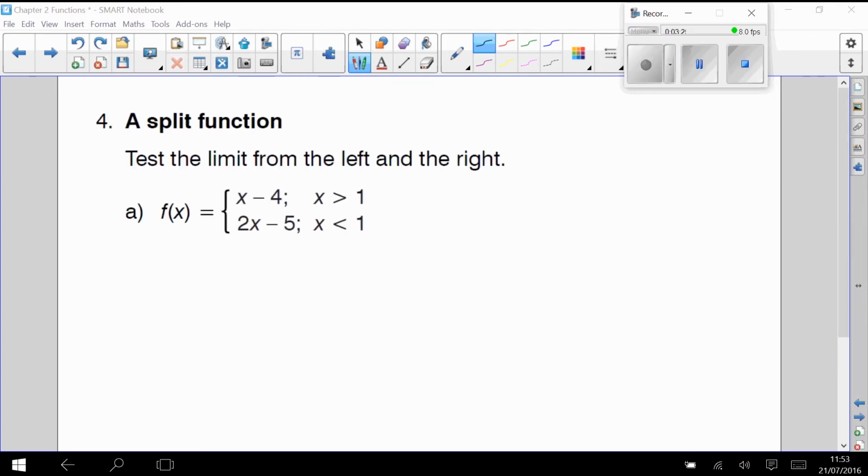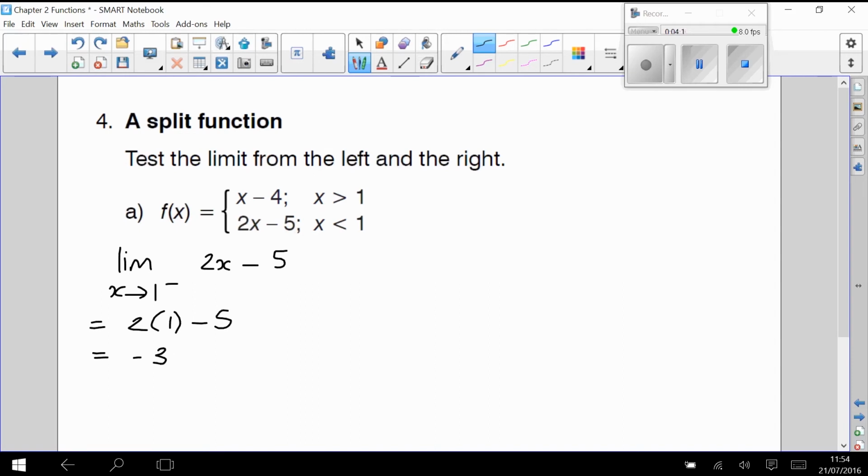Let's test our limits one more time. In this function, I once again have got a split function. If I've got a split function and I'm interested in the limit as x tends to 1, then I must take a look at it from the left and from the right. Now be careful to take a look at what you're working with. If I want to find the limit as x tends towards 1 from the left, that is actually the second portion, and so that uses the part of the graph that is represented by 2x minus 5. Substituting a 1 in the place of x, I get 2 times 1 minus 5,